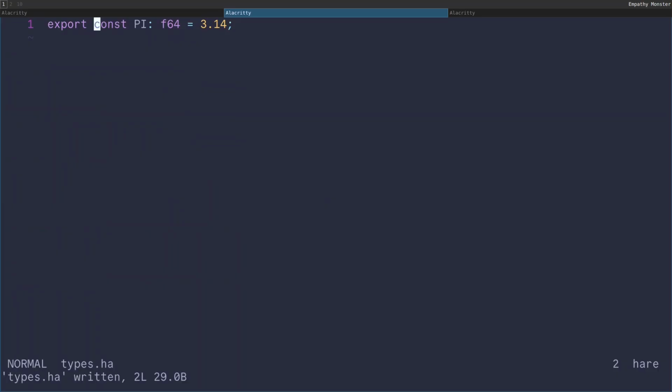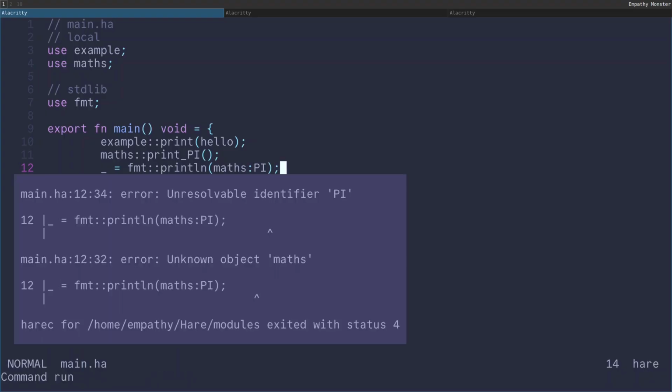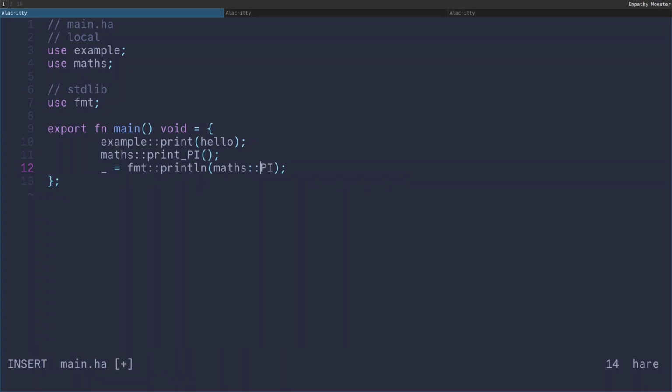Okay, so let me save this. Now, inside of our main file, now if I say maths pi, oh, I see, I'm missing a semicolon here. So now if I say maths pi, it's printing here because I now have access to it, because it's